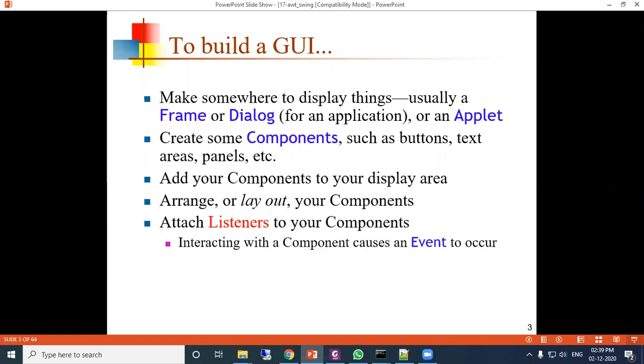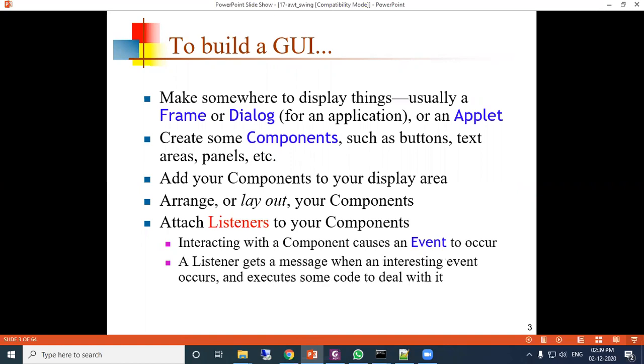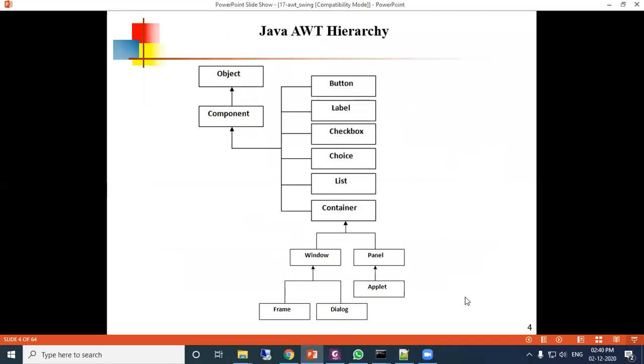Interacting with the component causes an event to occur. A listener gets a message when an interesting event occurs and executes some code to deal with it.